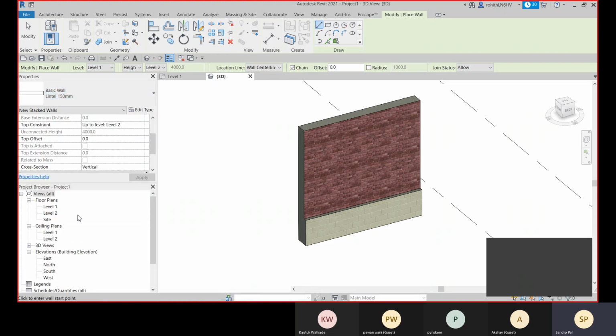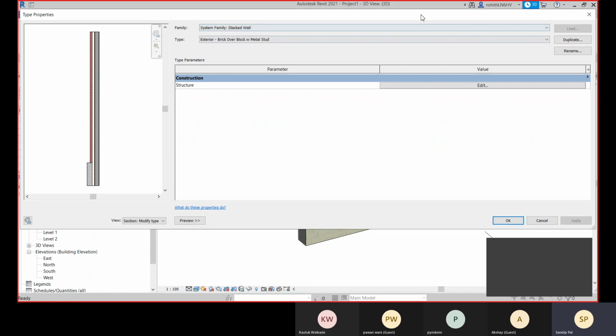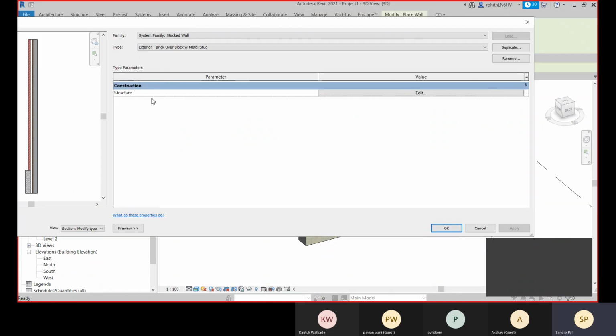With this stacked wall I need to duplicate it, because these walls are system family, you cannot externally load it, you have to duplicate it. So let me duplicate it, and let me create the external wall with lintel.